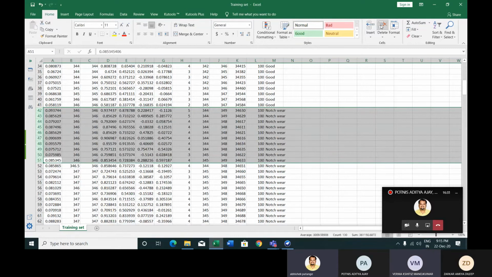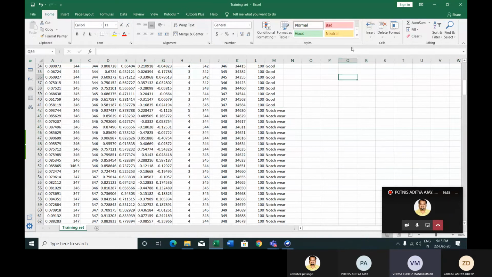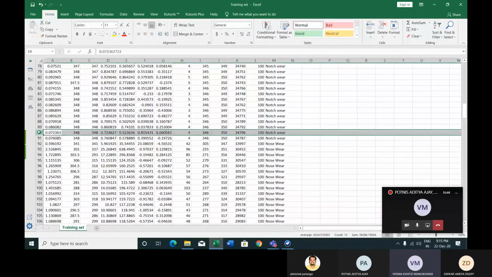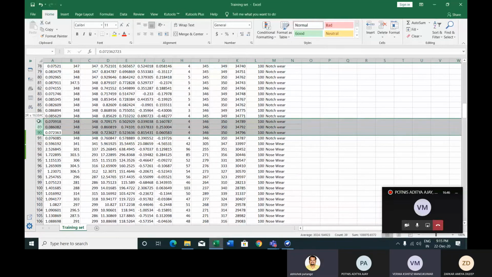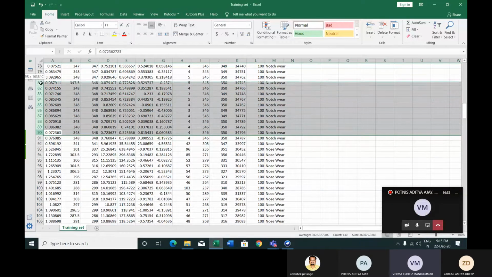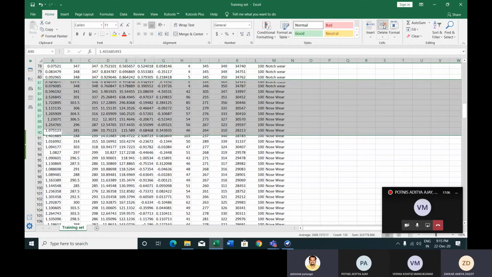For example, if we didn't remove these 10 values from the training set and used them as the test set, we would get 100% accuracy, right? Yes.